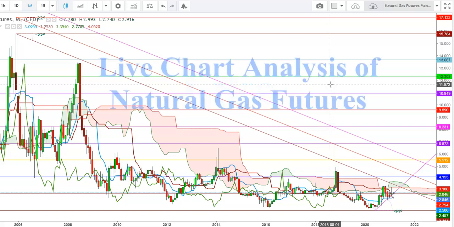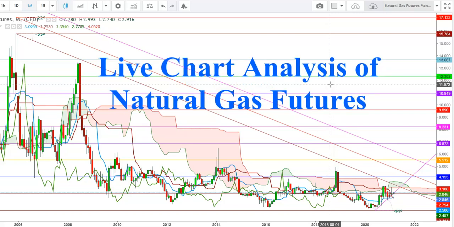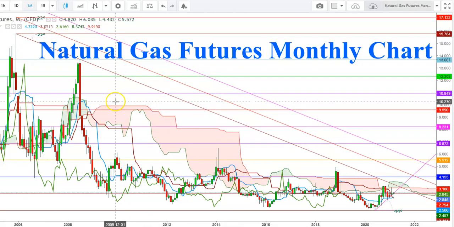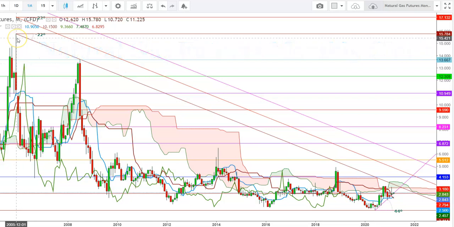So let us start the day to analyze the movements of natural gas futures in a live chart. So here I'm going to start my analysis of natural gas in a monthly chart. Here in a monthly chart, you can see how the natural gas futures have behaved during the past few years. You can see that natural gas futures tested the highs of $15.784 during